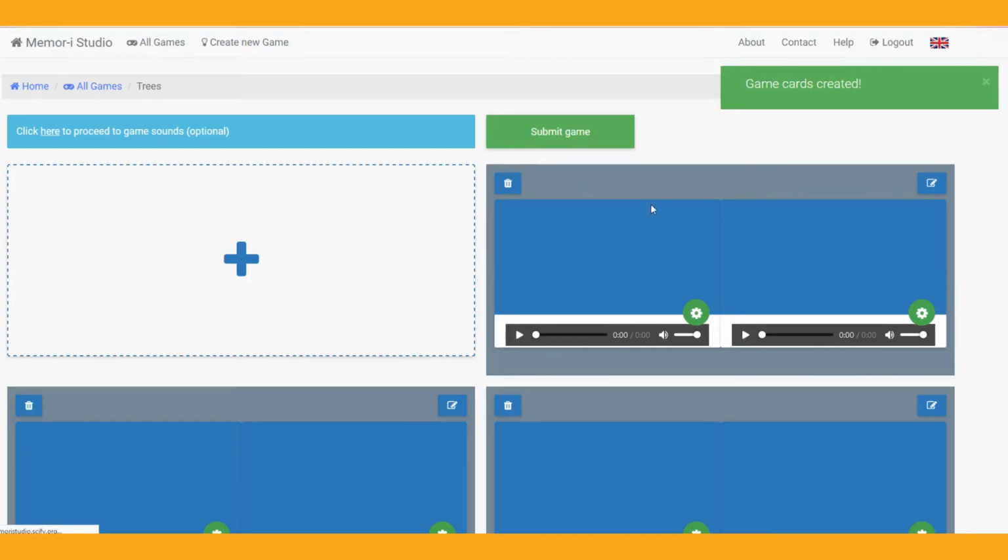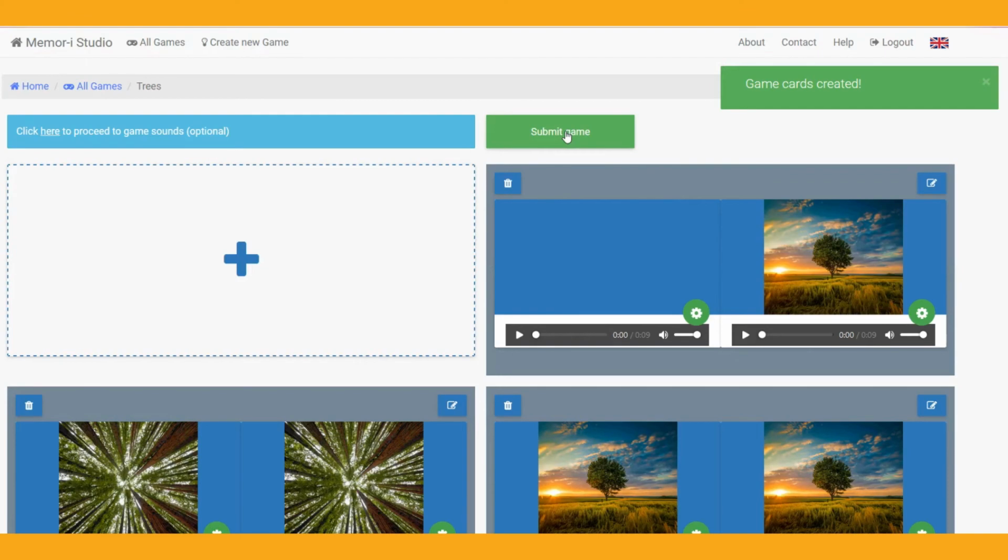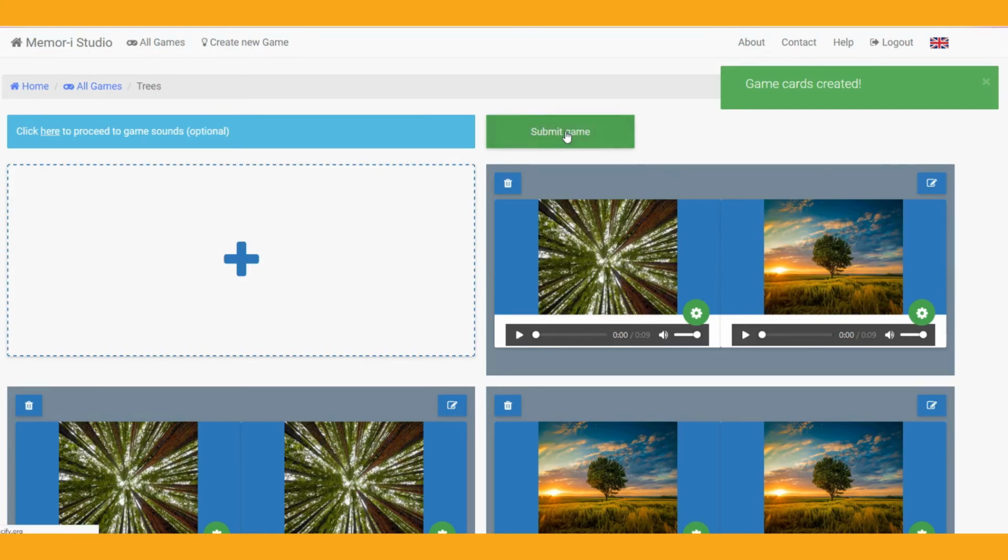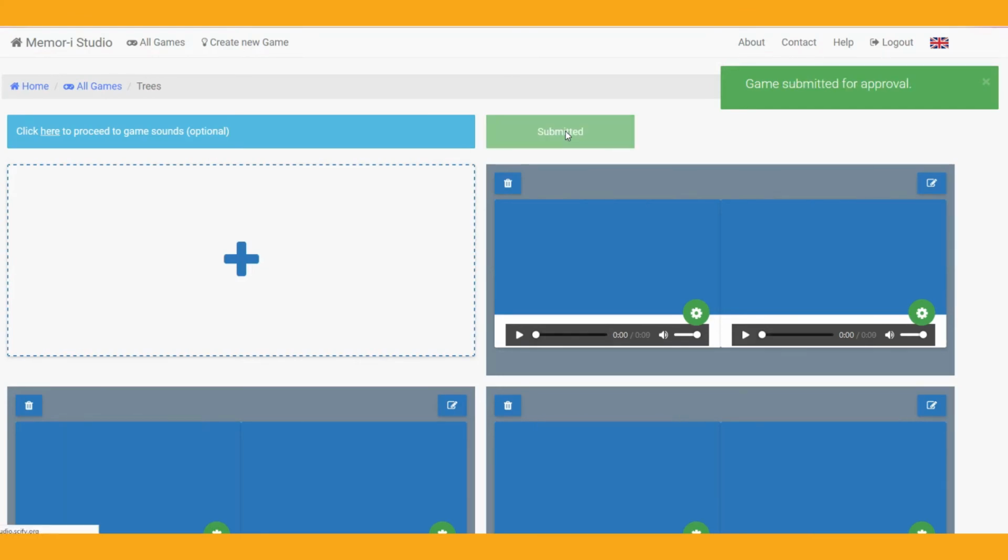Once you have uploaded all the cards, you can submit the game for review and approval. An administrator will then review it.